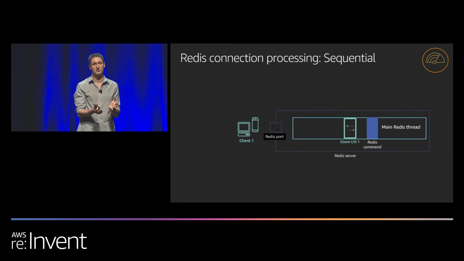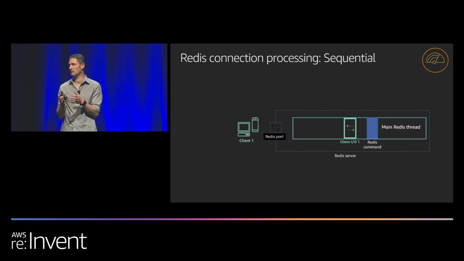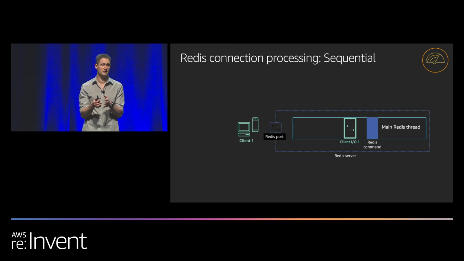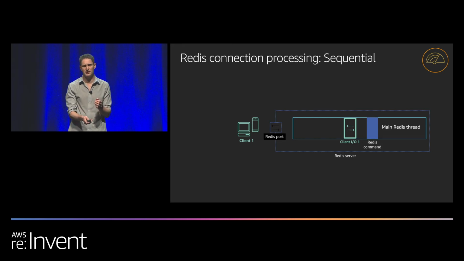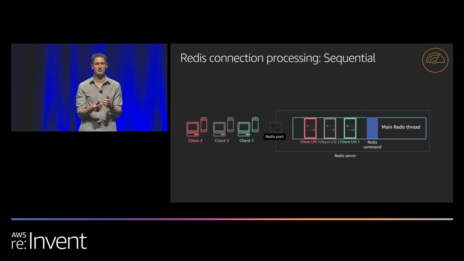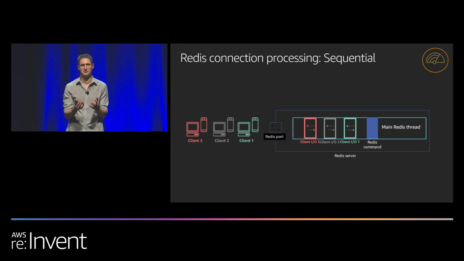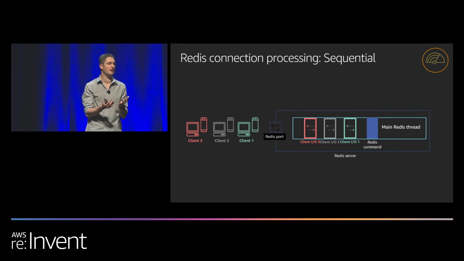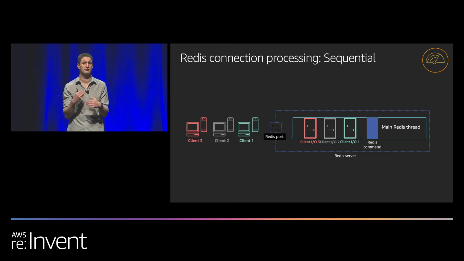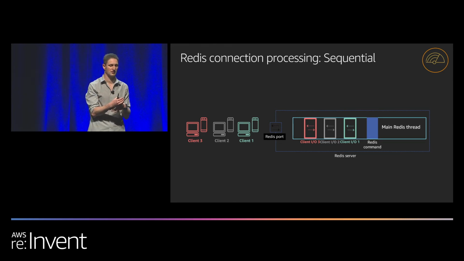So how does it work? If you have a single-threaded architecture with one client, the latency of the commands within Redis itself is in microseconds. This is really, really fast. Redis is super fast. But when you have more and more clients, and this is a typical Redis use case with hundreds of client connections, at some point we can see a bottleneck in the throughput. That's exactly what we saw in the self-managed Redis, that we were bottlenecked at around 200,000 requests per second.